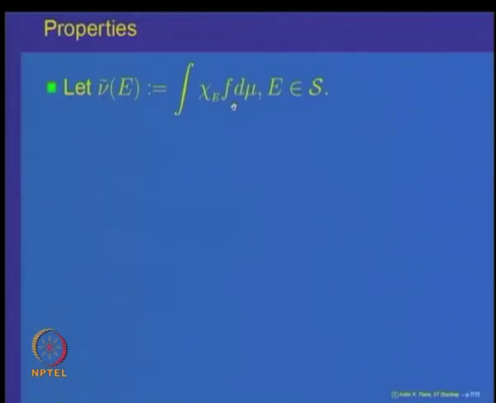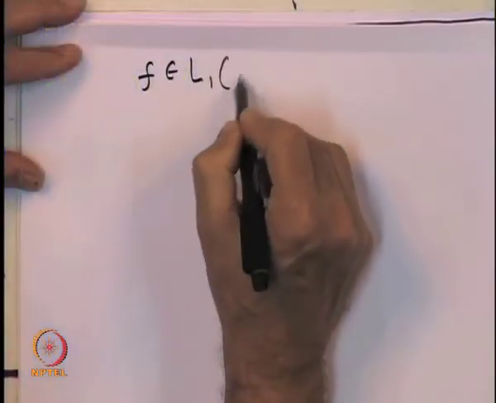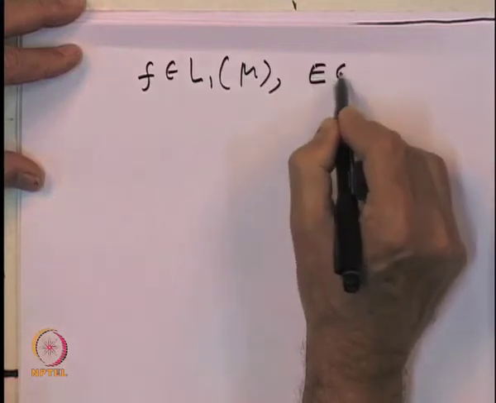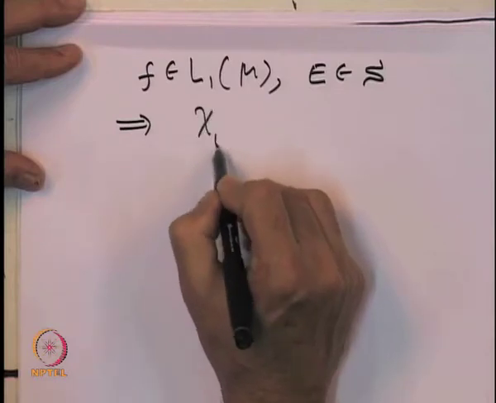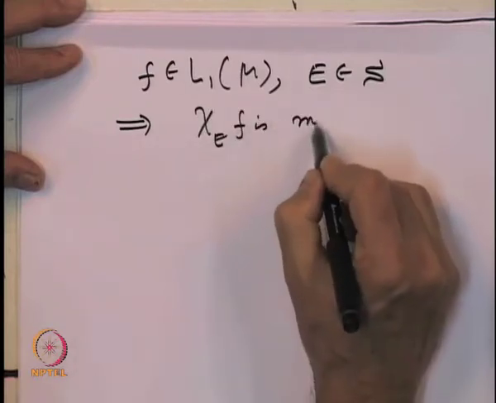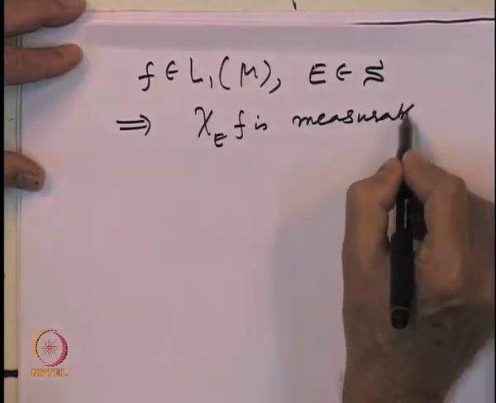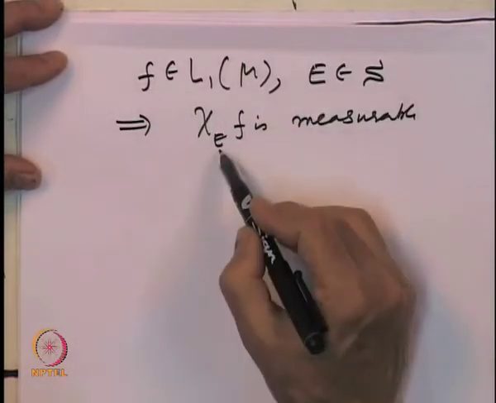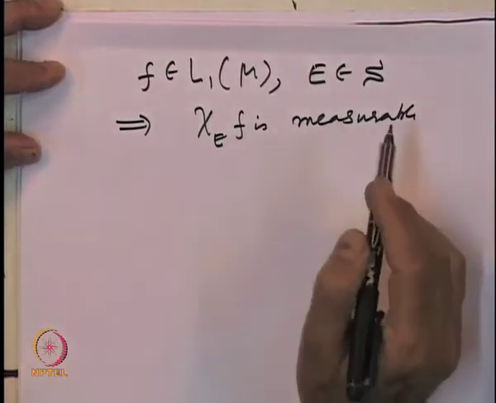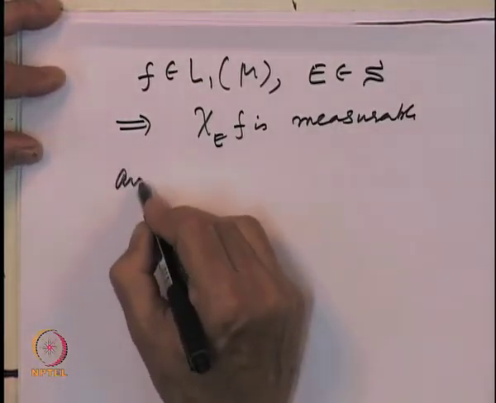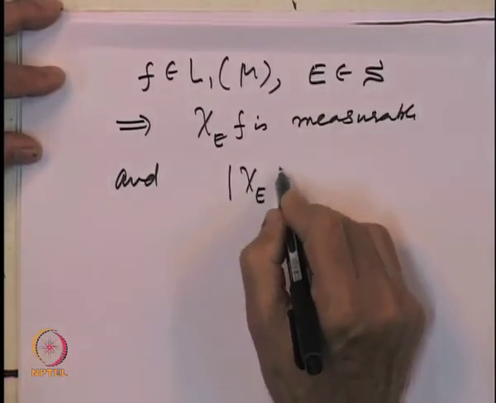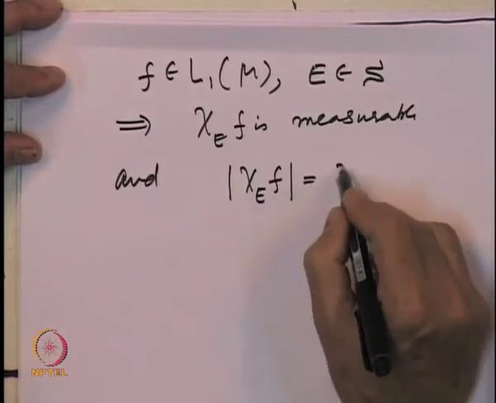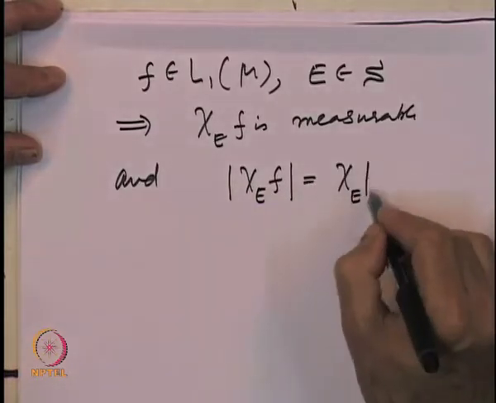So, let us just observe this property once again, that if f belongs to L 1 of mu and E is a set in the sigma algebra, then this implies that chi E times f is a measurable function. That we have already seen, because f is a measurable function, and the indicator function of E is a measurable function. So, the product of measurable functions is measurable, and we observed just now, if you look at the absolute value of chi E times f, that is the same as the indicator function of E, because that is non-negative, times the absolute value